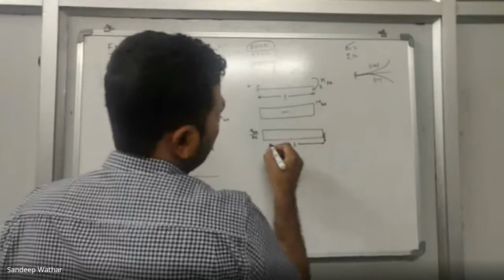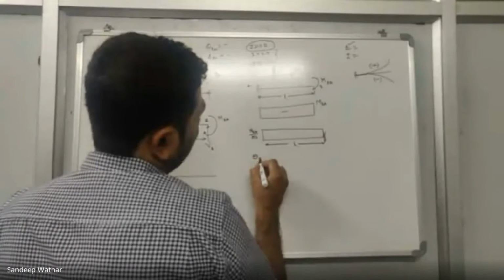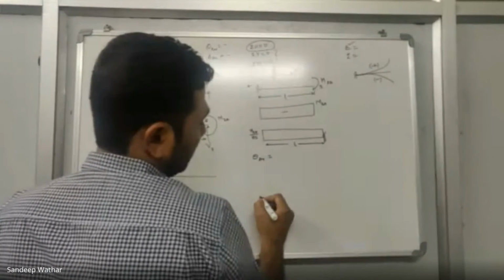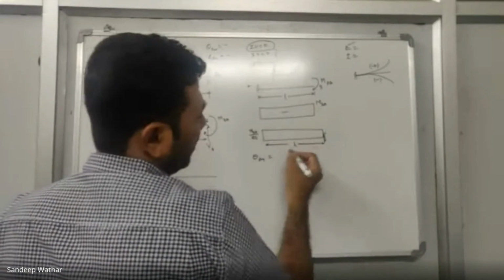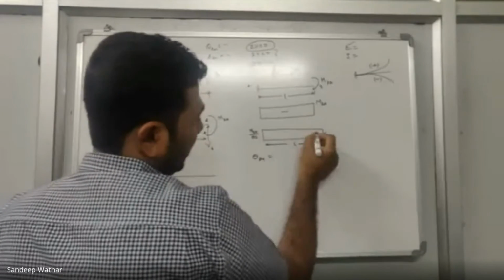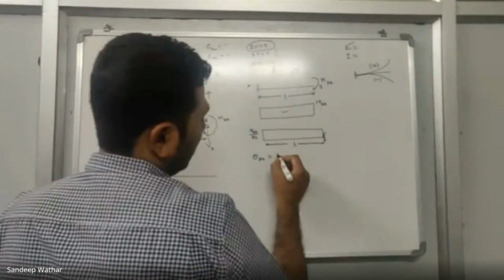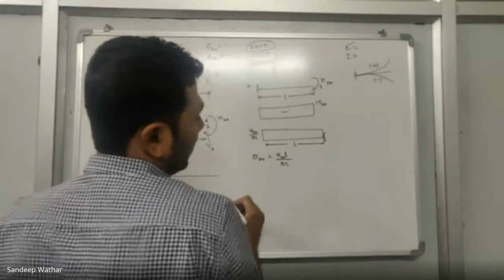So we already know the length is L. So let us calculate theta B M, I'll call it as. Okay. So theta BM is nothing but the total load. So it is similar to the UDL. So in UDL, what happens? Load magnitude multiplied, or the intensity multiplied by length. So MBA into L divided by EI. So this will be your slope.